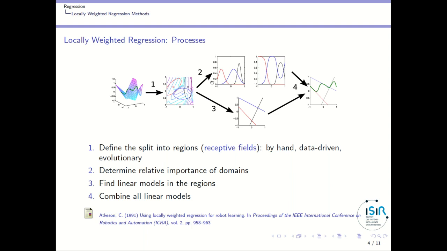So from one side, I determine the relative importance of being in the different domains that are represented here. And from the other side, for each of these domains, I will have to determine a linear model of the function in that particular domain. And for doing so, I'm just using the standard least squares with a weight, and this gives me these models. And finally, I will multiply these models by the relative importance. And as you can see, in the very beginning, only the red line is important, so I am following the red line.